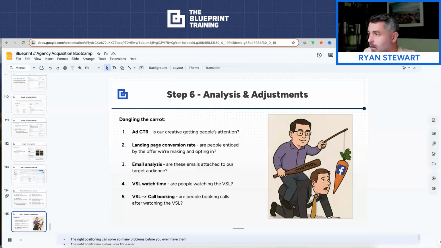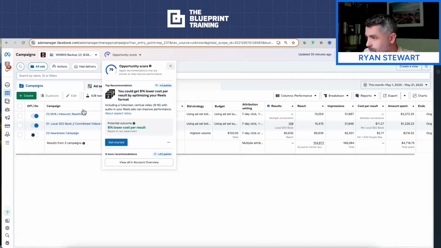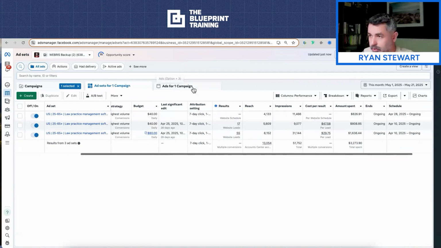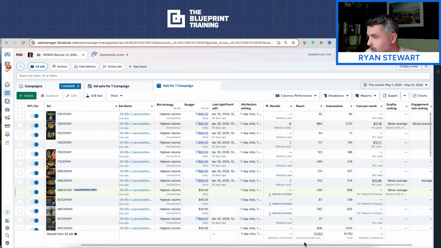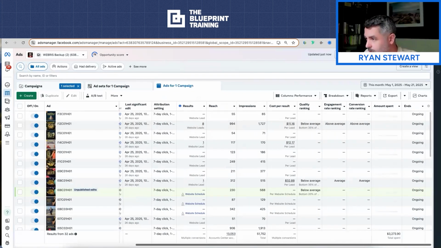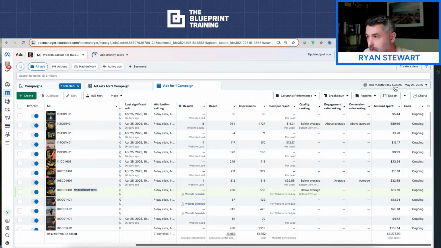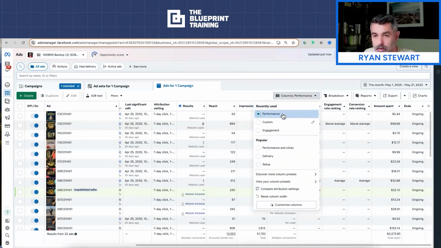First thing we want to look at, ad click-through rate. How do we find ad click-through rate? So I'm going to come here to my ad sets, come over here to ads. Okay, so I don't have it pulling through here, and I'm going to show you how to pull some different data here within Facebook. So when you come over here to columns and it says performance, Facebook will usually default